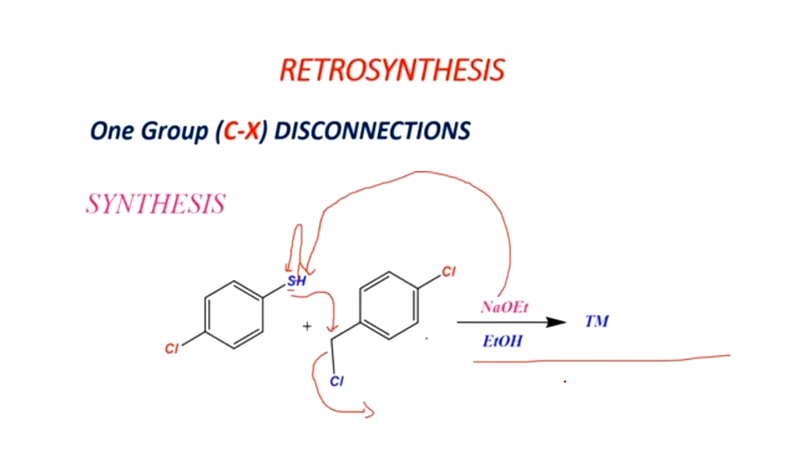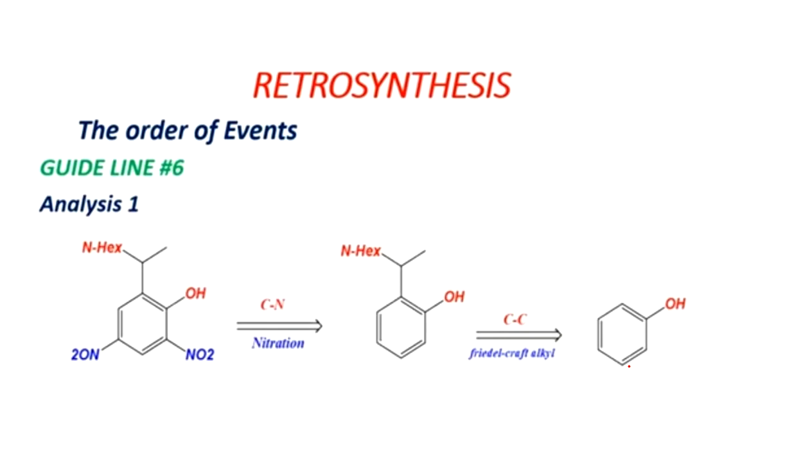Then after that, the synthesis. Here is the presence of a base which can abstract this hydrogen from this sulfur group. So there is a formation of a negative charge. The negative charge could attack this chlorine group, and chlorine is nothing but a good leaving group which can leave easily, and we get our target molecule. Here is another example of doing retrosynthesis. Here are two nitro groups and you have to proceed with a retrosynthesis on the given compound.